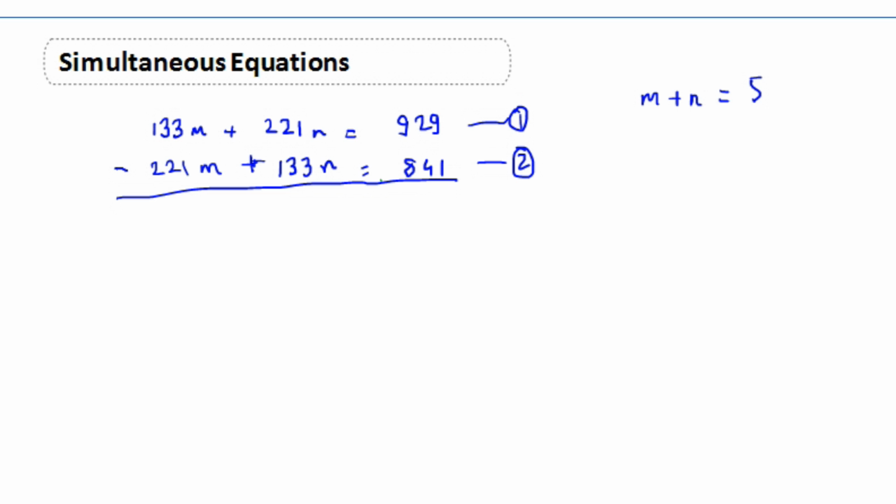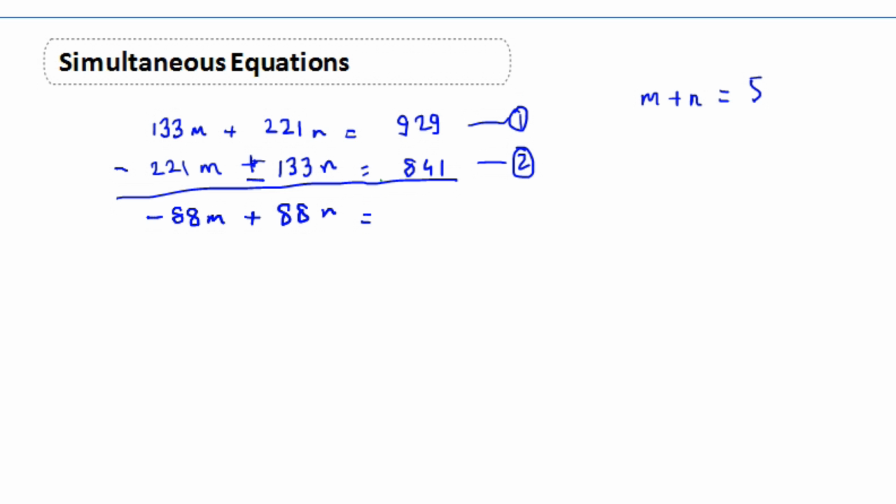So if I subtract equation number 2 from equation number 1, what I get is 221m minus 133m, that gives me negative 88m, and this will also become minus, so 221 minus 133 is going to give me positive 88n,